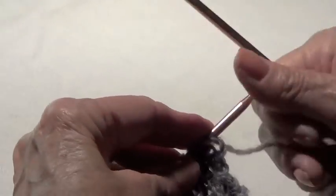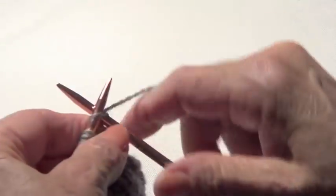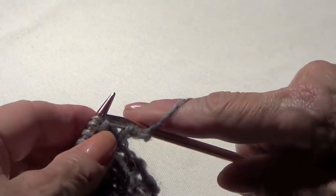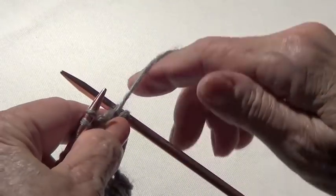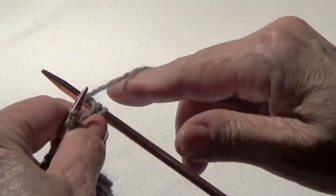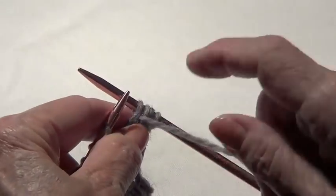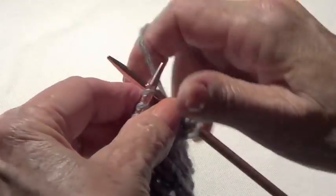Row 2. This is the wrong side, and I am going to knit one because that belongs to the purl on this side, and it's a knit on this side. So now I'm going to purl. I purl 1, and I yarn over my needle, and I purl the next one. So now I have 3 again, 1, 2, 3, and I knit the next 2,